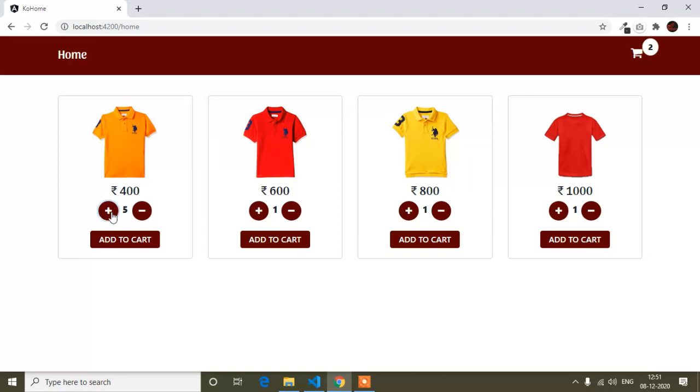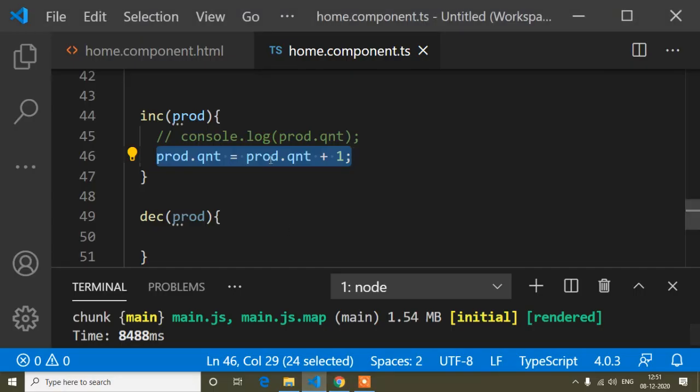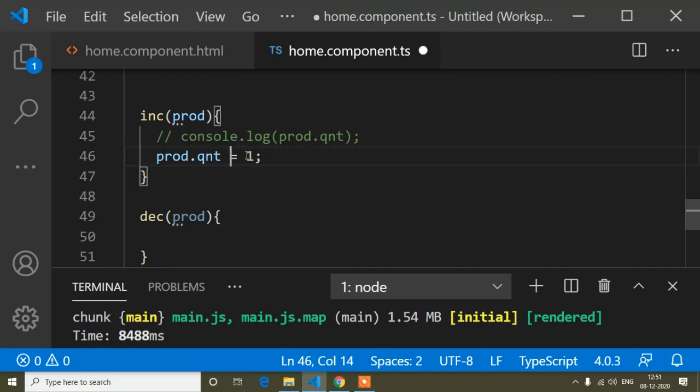So here the increase function is working, you can see, because I have written product quantity plus 1, and here I am storing it in this quantity button. And now, guys, instead of this one we can write it this way, this is the same, so we can remove this one and here we can write plus. All these things I have shown in JavaScript, so this is the same. I have also shown this arithmetic in JavaScript, so you can watch that tutorial too, in the JavaScript tutorial in my playlist. So this will be the same.